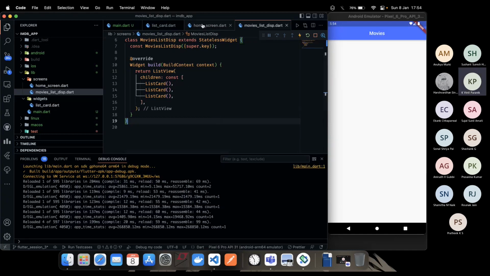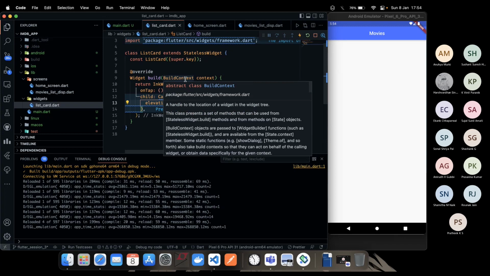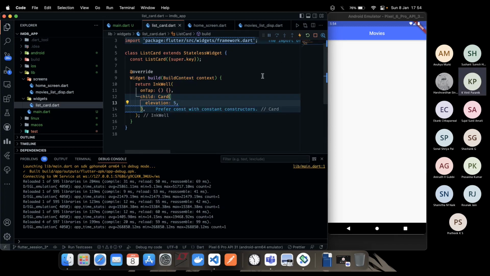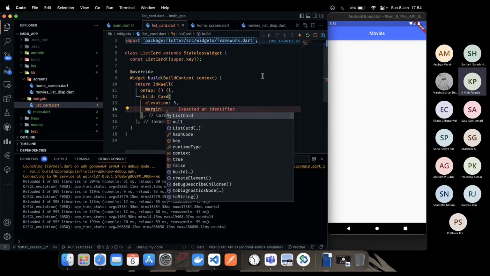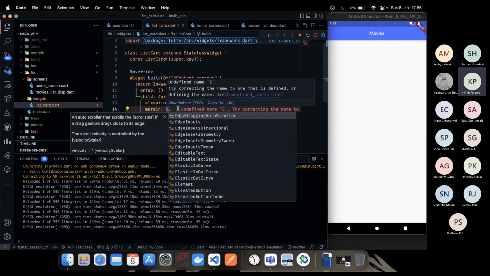Yeah. So because the height of the card is 0, we are not able to see anything here. Yeah. Continuing. Let's give a margin for that so that it gets separated from the other cards and just doesn't join one another. So say for margin, it expects a data type of EdgeInsetsGeometry. Yeah, you can hover over that and get more about it. So EdgeInsets